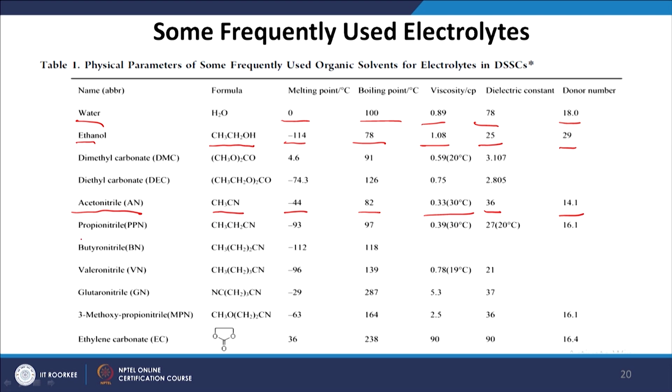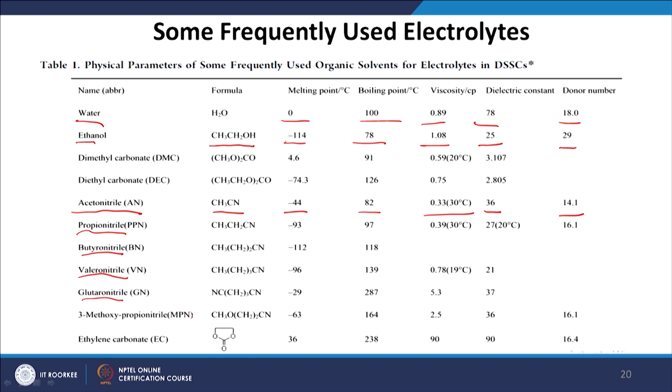Similarly, you can choose propyl nitrile PPN, butyl nitrile, valeronitrile or glutaronitrile. So, all that is changing is the number or the amount of the alkyl group in front of the CN or cyano group. So, based on that we change the name propyl, butyl or valero or glutaro. In the case of glutaronitrile we will have NC group also. So, there are 2 cyanide groups and in between there are CH2 groups.